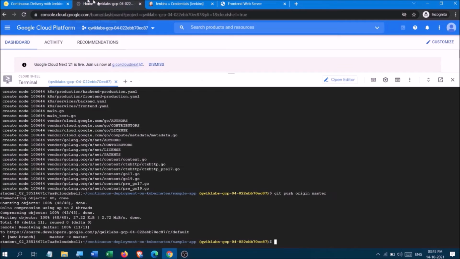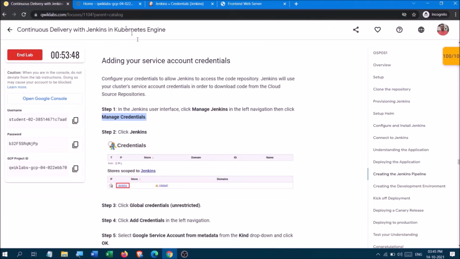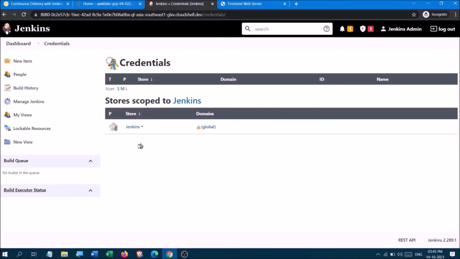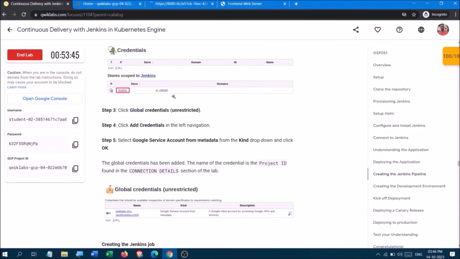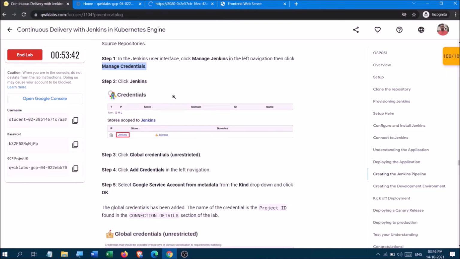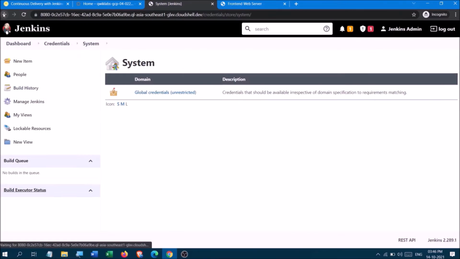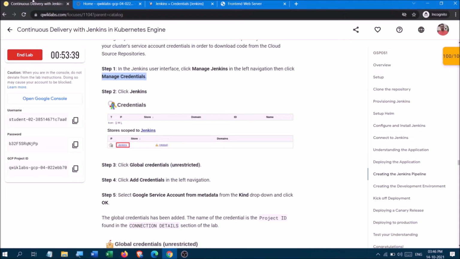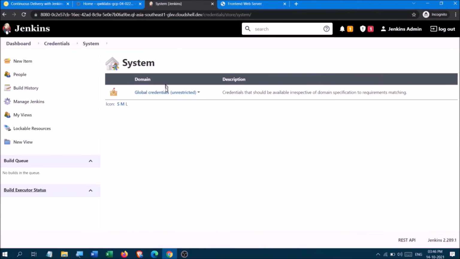Okay, now what we are going to do is you have to click on this. Okay, yeah, you have to click on this and click on the crow, this part.